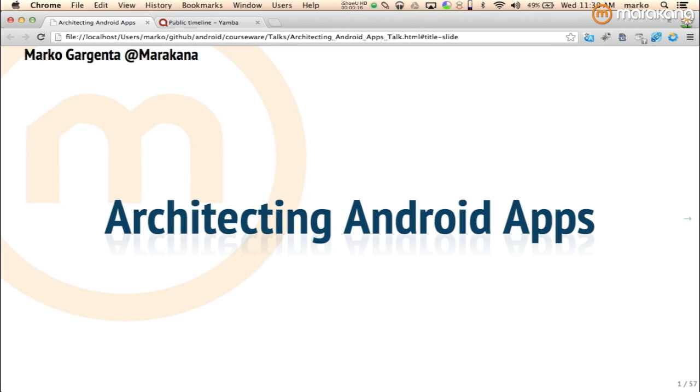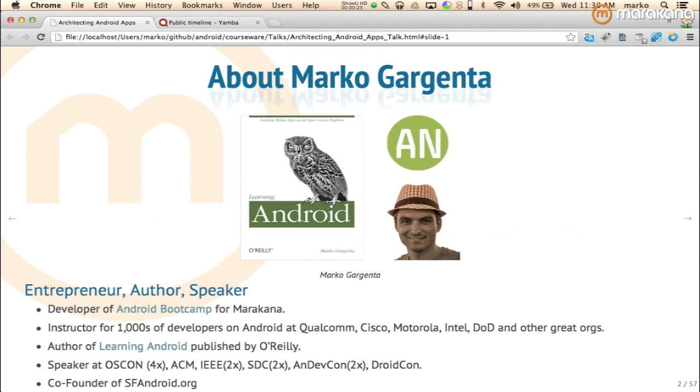Got it. Cool. Okay. So basically, this talk is going to be about architecting Android applications. I'm going to tell you a little bit about myself first. My name is Marko Gargenta. I am an Android developer. Before that, I was a Java developer. I was doing Java before it was officially Java back in the day. And I kind of got interested in Android early on and started doing some development and then started doing some